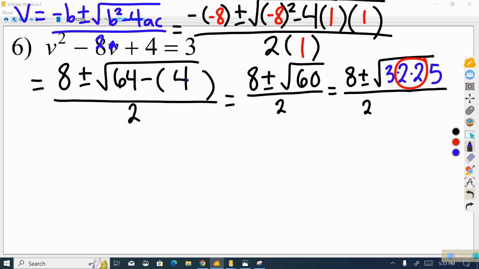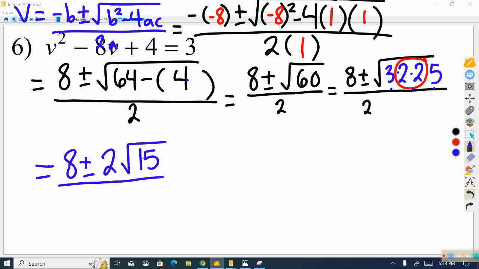So at this step, what we have here is 8 plus or minus, okay, and again, because we had 2 2's, that means the 2 is coming out of the square root, but which numbers stay in, okay? What stayed inside there was 3 times 5, and 3 times 5 is 15, so we have a 15 inside of there, and we have a 2 on bottom. So we want to factor out a 2 from this expression,